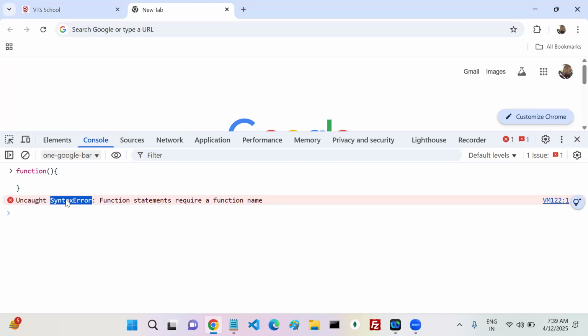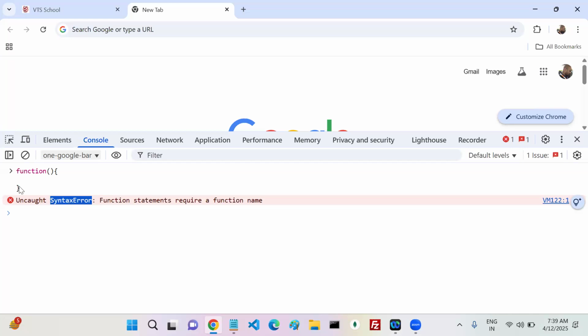Whenever you get a syntax error, it means you did not follow the guidelines of that programming language. Don't ask questions regarding syntax errors, just follow the rules. They have given some set of rules, and if you want to use that programming language, you have to follow them.